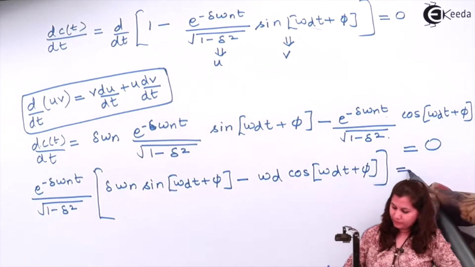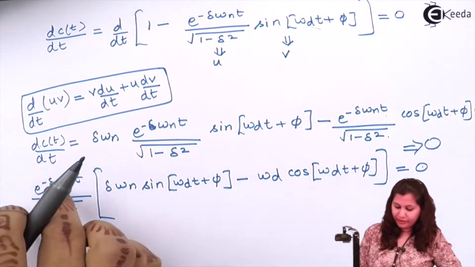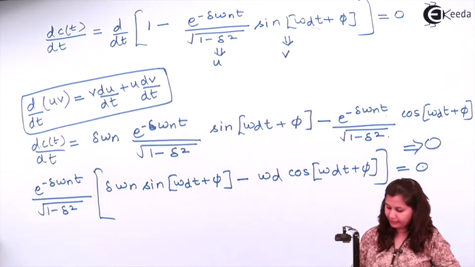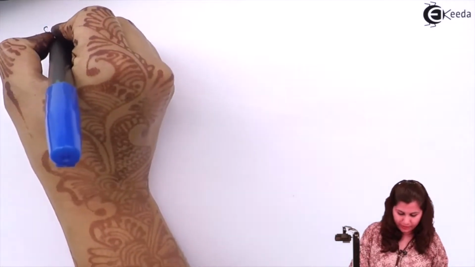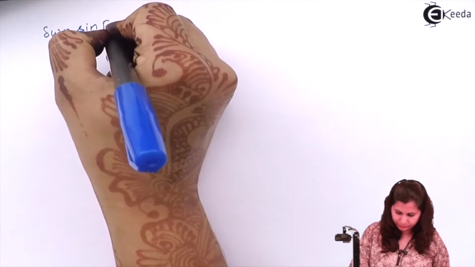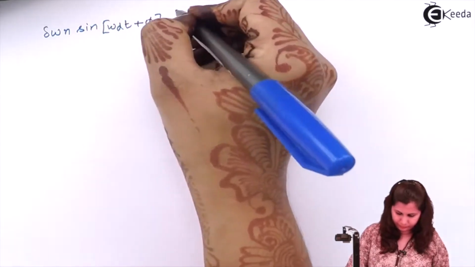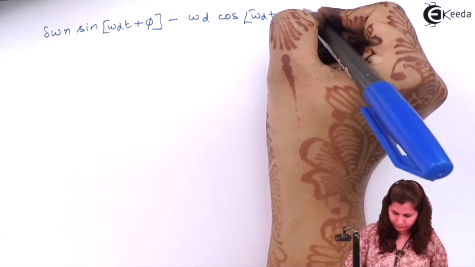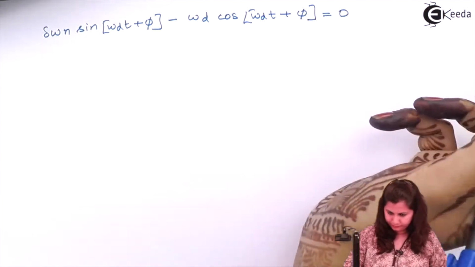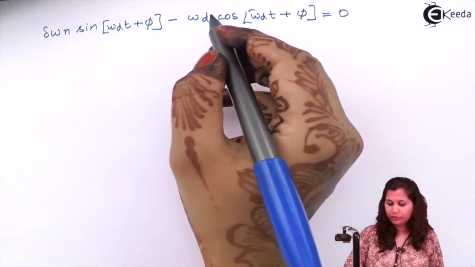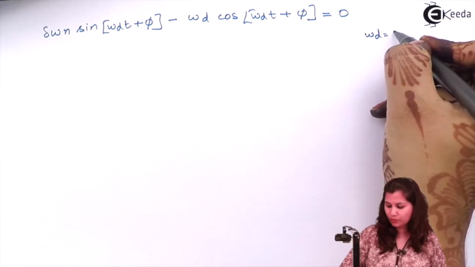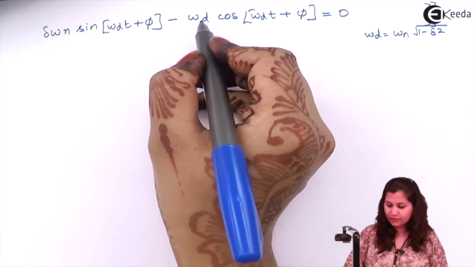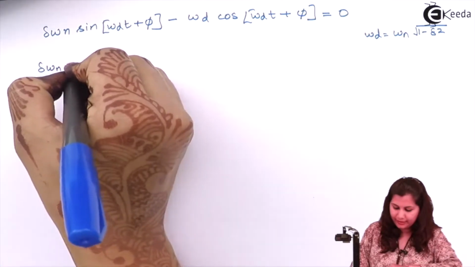And this whole term is equal to 0. If we shift this to the right hand side, it will become 0, and then we are left with only the inside bracket terms. So let's write it. We have delta omega n sine of omega d t plus phi minus omega d cos of omega d t plus phi equals 0. Now we know that omega d equals omega n under root of 1 minus delta square. If we put the value of omega d here, we will get delta omega n sine,